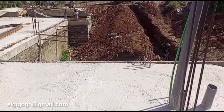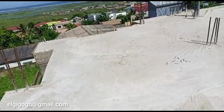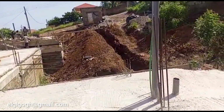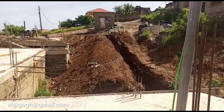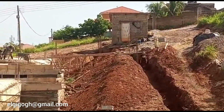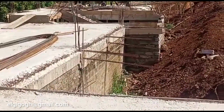This is how huge the building is going to be. You can see this is the floor, the beginning of the floor. You turn it around. In this place, maybe two joints to it. That's the foundation. Up it goes to where the building is, the small security post is. This is how huge the building is. It's not easy, but